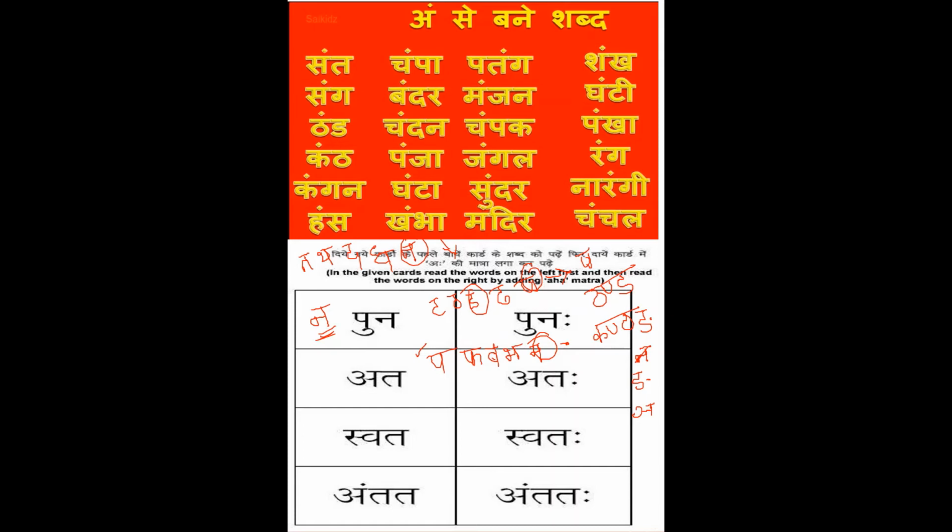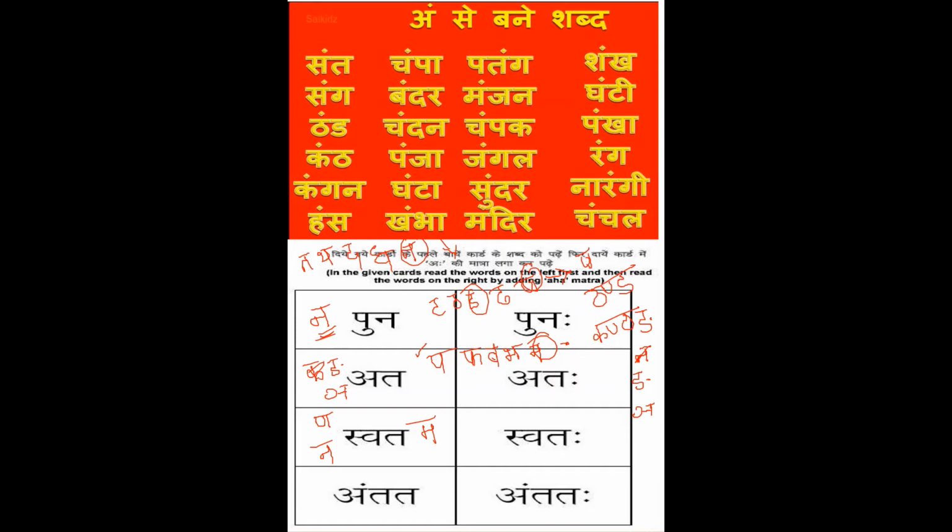If the dot is before ka, kha, ga, gha, nya, it is ang. If the dot is before cha, chha, ja, jha, nya, the dot sound is nya. If the dot is before ta, tha, da, dha, na, the dot sound is na only. If the dot is before pa, pha, ba, bha, ma, the dot sound is ma only. So that will be enough for now for reading, children.